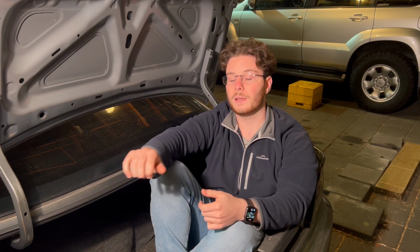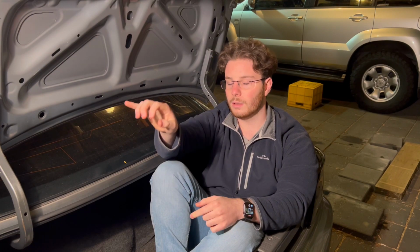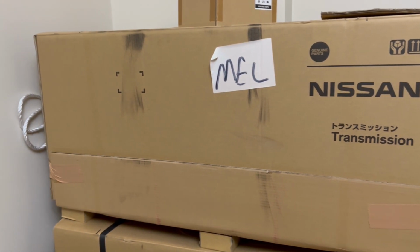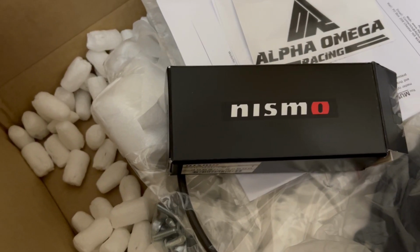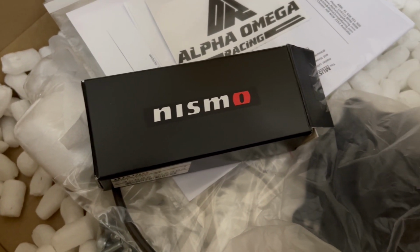Now, a very, very common swap for SR20 powered vehicles is a Skyline or VQ CD009 transmission. In this particular case, I've opted for an R34 Skyline transmission, which I bought brand new from Nissan for $3,200. Now, unfortunately, with R34 style transmissions, you're very limited in clutches because they have a different mechanism for the clutch fork and slave cylinder. So what I've done is I've purchased an R33 fork, front cover and slave cylinder, and